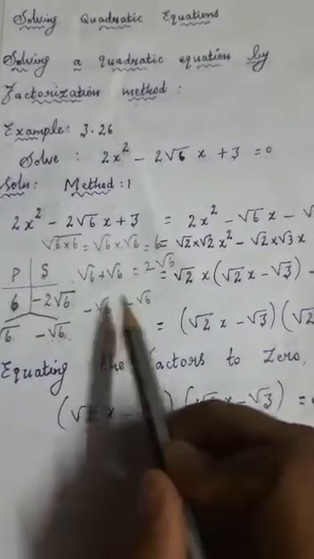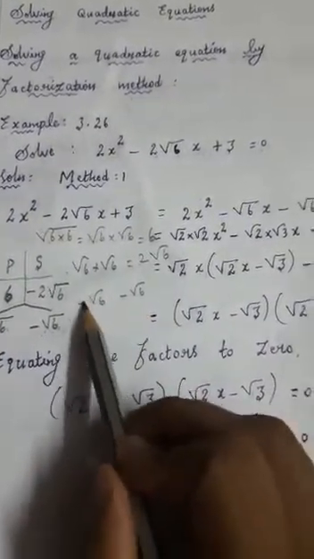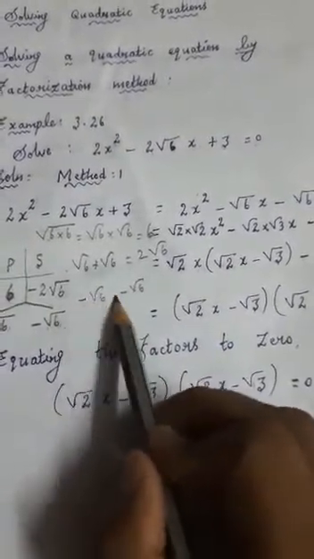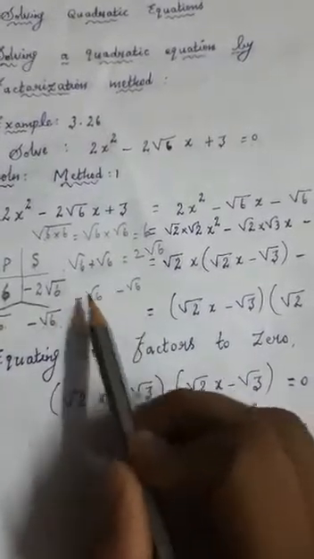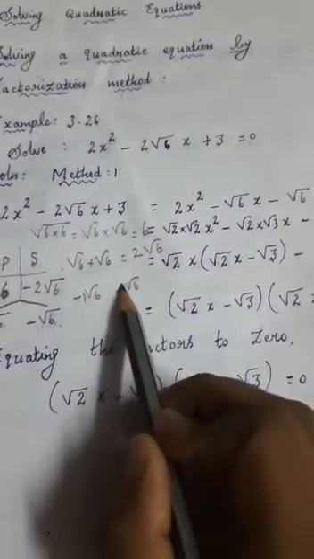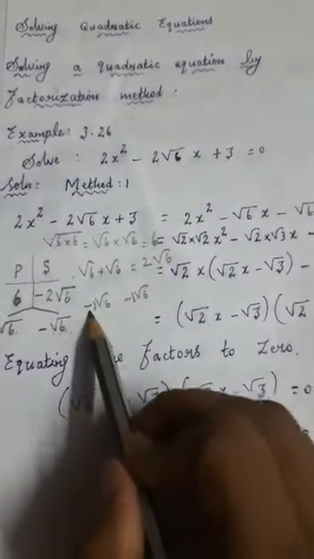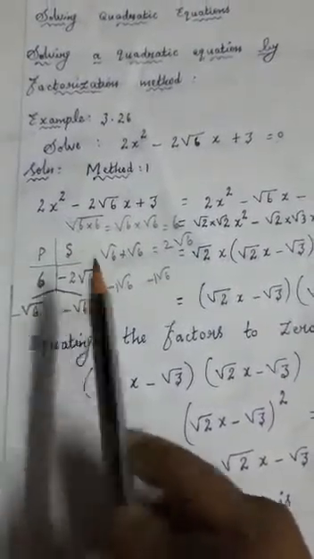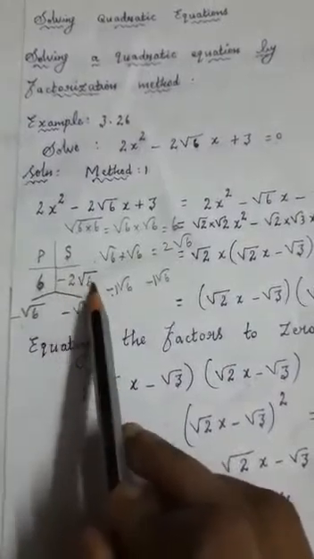So the next one, you need to add it. These two same numbers you need to add. So minus root 6 minus root 6, if you are adding, what will come? You know that in addition, the same sign, minus minus, means add it and put the same sign. Here the coefficient is minus 1, and here the coefficient is minus 1. While adding, what will you get? Minus 2 root 6. So which two numbers are possible? These two numbers only. Minus root 6 times minus root 6, you get plus 6, while adding you get minus 2 root 6, we know that.